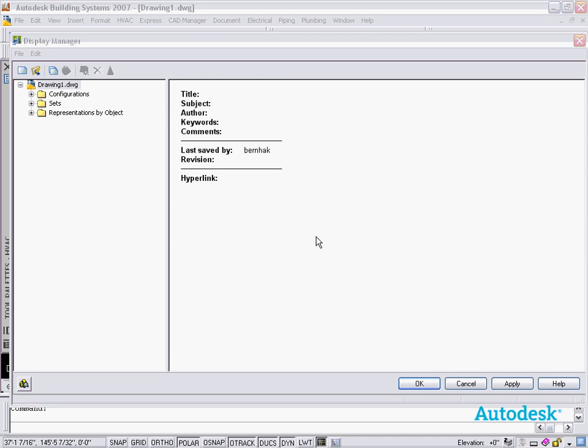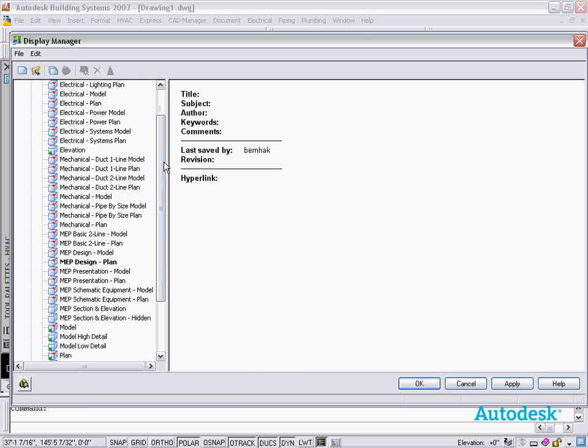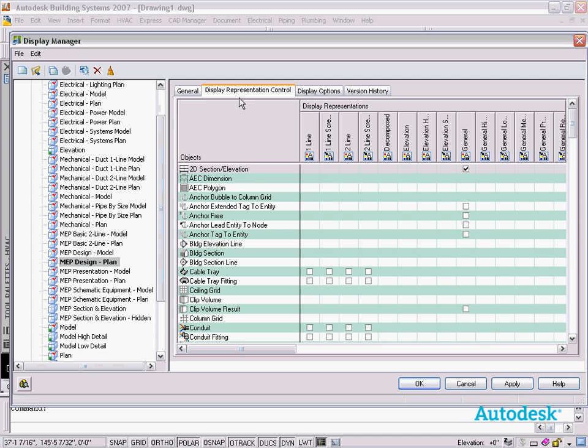While we just spoke about the display representations that are available for each object type, the next step up in the hierarchy is what we call a display set. And a display set is really a combination of representations for each object at one given state. So what I mean by that is, let's just use MEP design plan as an example. A display set is essentially this table, which chooses for each individual object what display rep to use to display